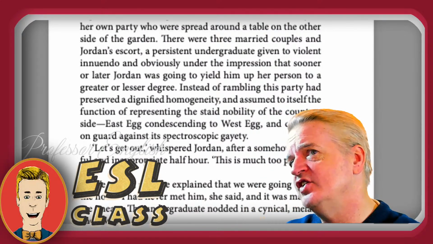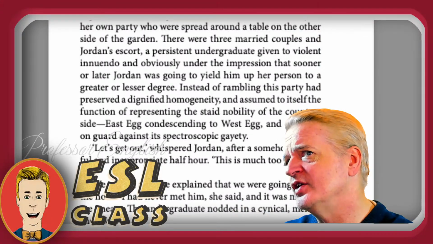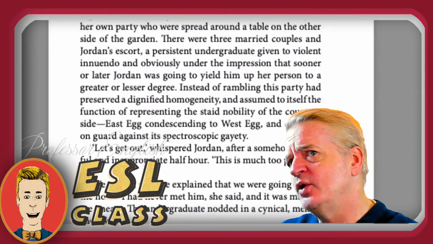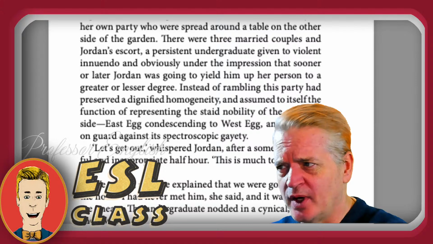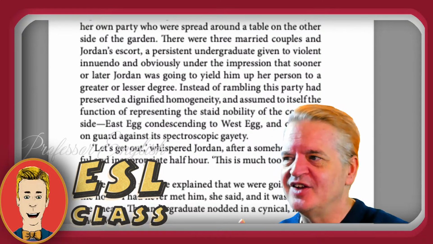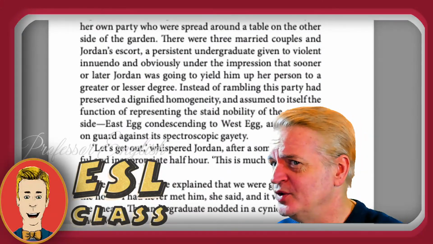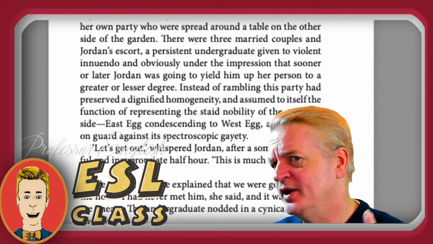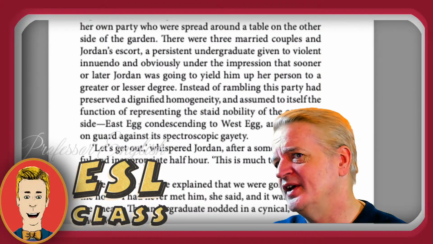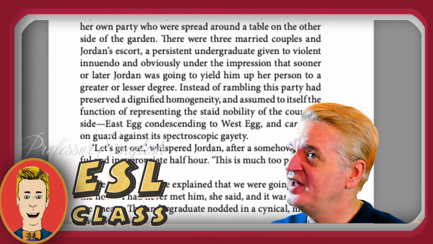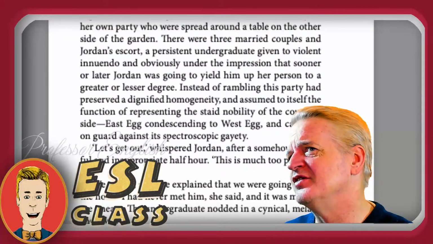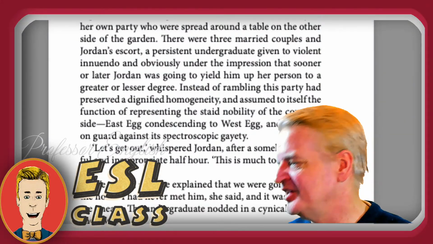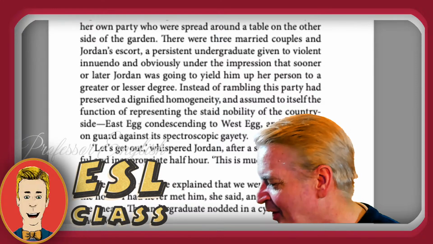When someone is given to something, it means it's their habit, it's their routine. So violent innuendo means he's doing things like that, like, oh, this is a very nice restaurant, and people dress very nicely, but he does it in a violent way. It's obvious he's telling you something and it isn't very nice, but he does it in a way where you can't really say that he's a bad person because he doesn't directly say. It's like passive-aggressive aggression, if that makes any sense at all.